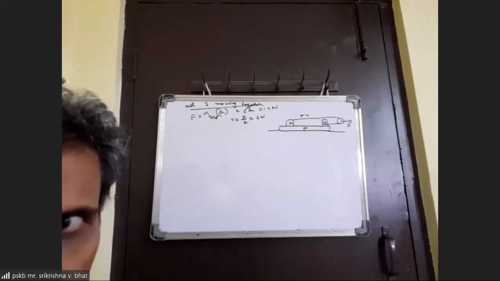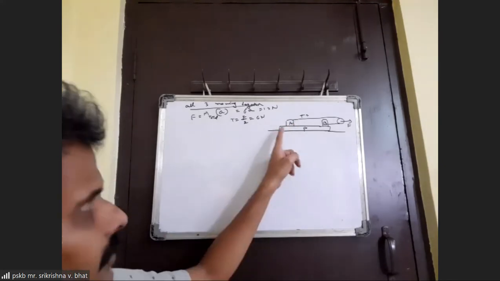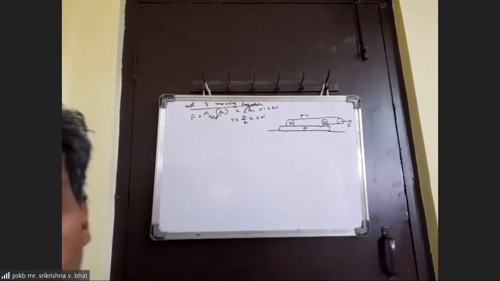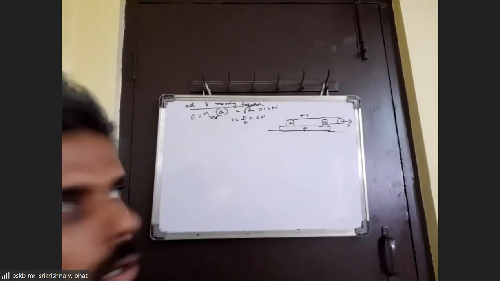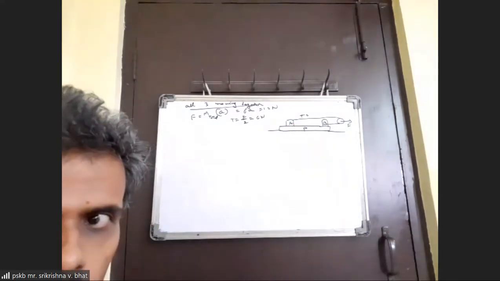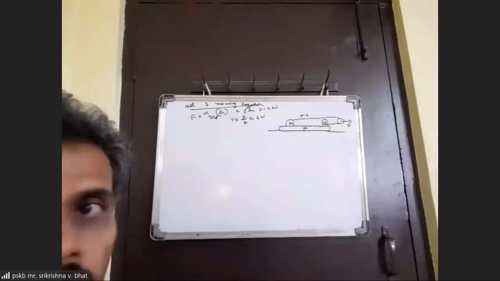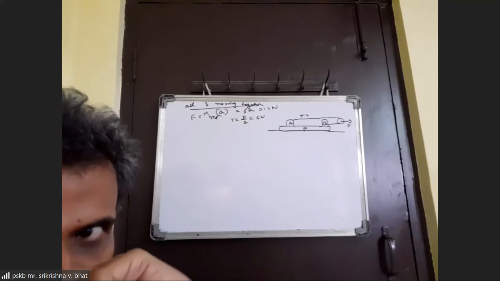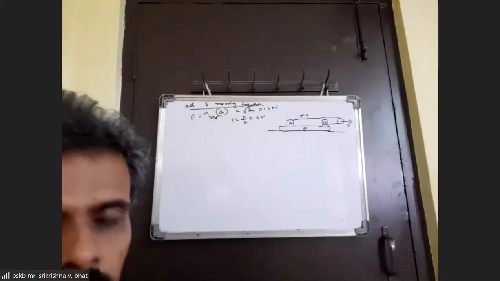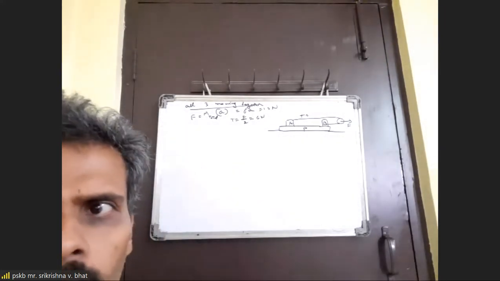Now if you think logically, a 6 newton force cannot impart an acceleration of 2 meters per second squared to A, even if there were no friction acting on A, because A's mass is 4 kg. A 4 kg mass cannot be pulled with an acceleration of 2 meters per second squared with only this 6 newton force. That means our assumption is definitely wrong. The assumption that all three move with 2 meters per second squared acceleration is wrong. We don't have to go any further with this.